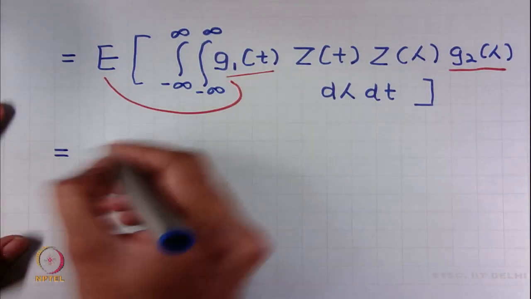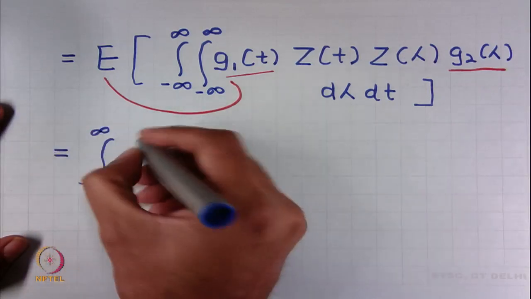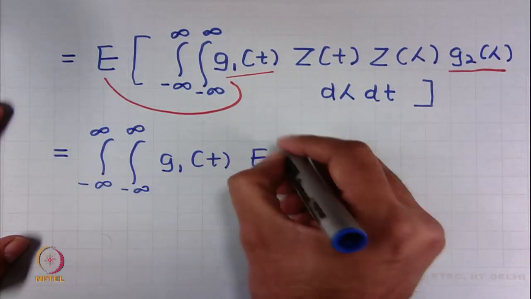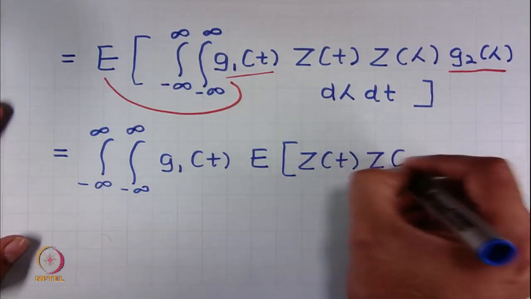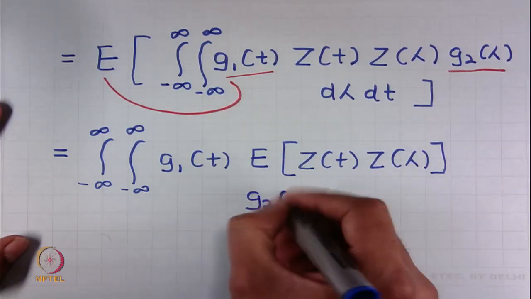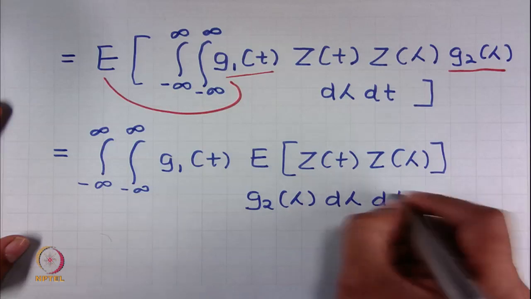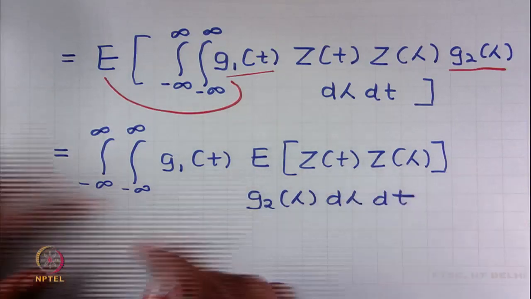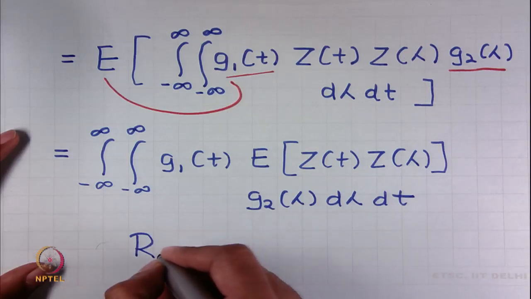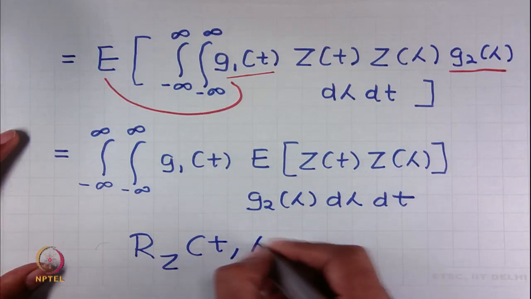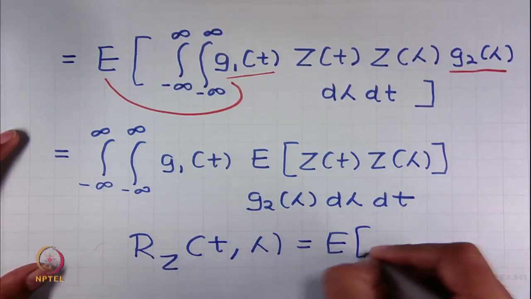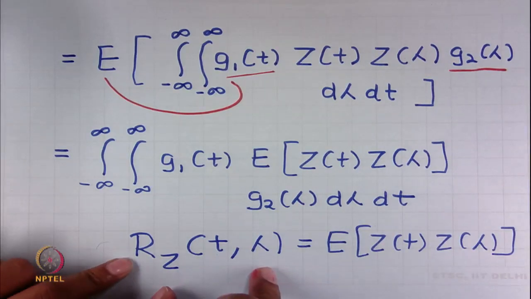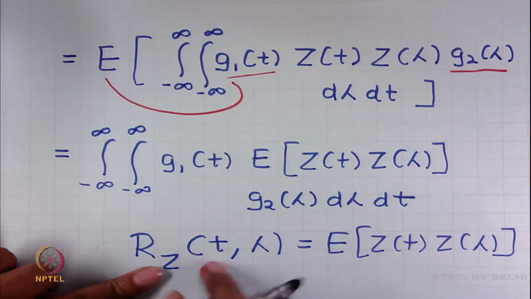From this what we will get is... okay. Now, we already know what this quantity is. So, we know that this quantity is the autocorrelation function. So, this is the autocorrelation function of the random process z,